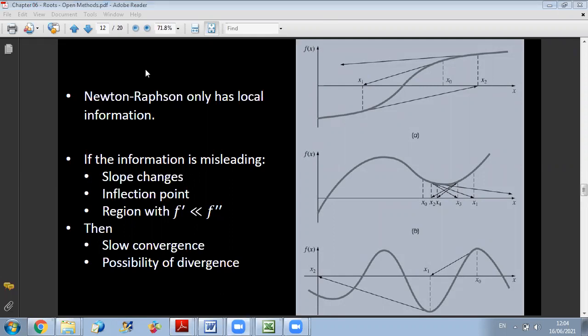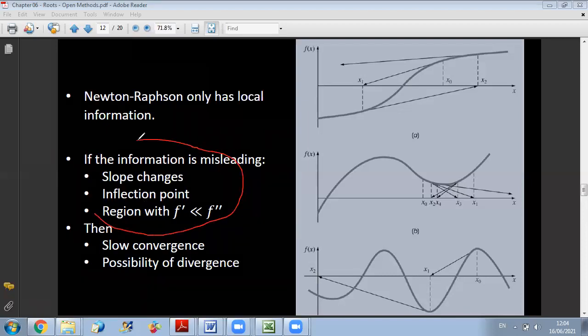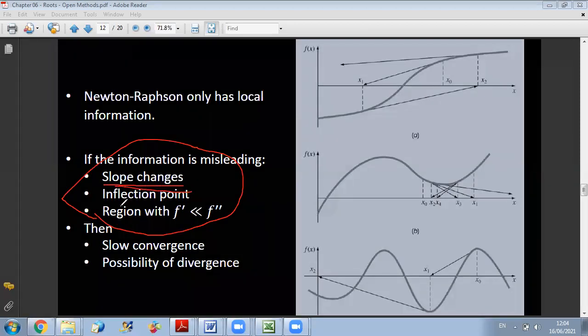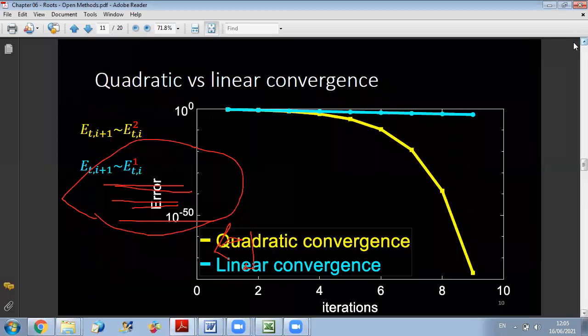In general, when they converge, they will be fast, except in case you have this type of behavior in your function. In case you have a lot of slope changes, or presence of an inflection point, or a region where f prime is much smaller than f second, then you have two possibilities: slow convergence or divergence. But if you go back to the example given here,